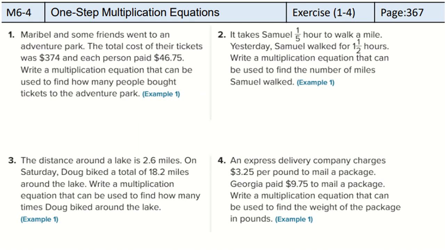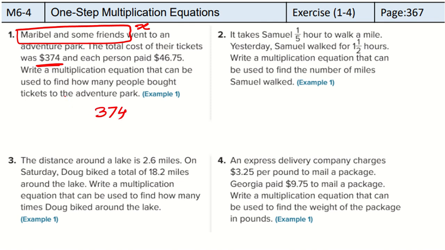Okay. Now let's deal with some word problems of multiplication equations. Maribel and some friends went to an adventure park. The total cost of their tickets was 374. Maribel and some friends. Okay. So we don't know how many, so for the total we will take x. Total they spent